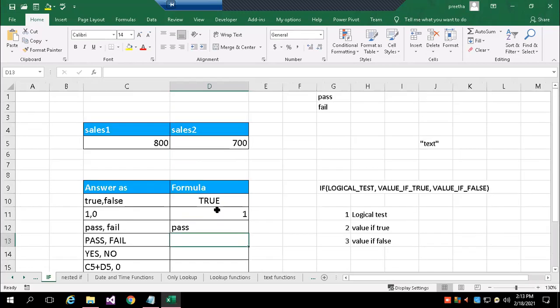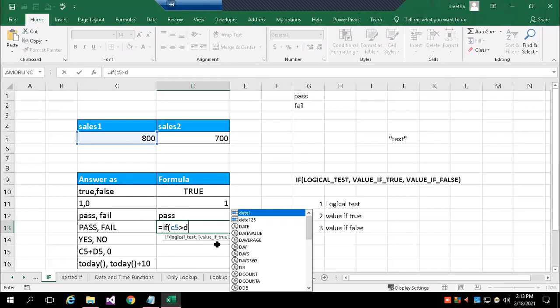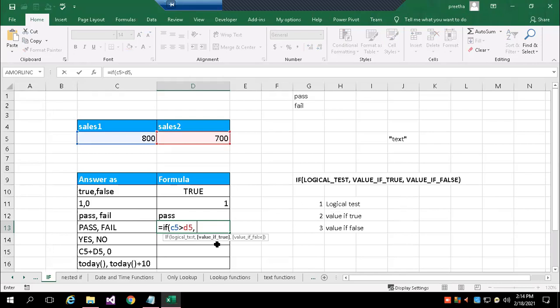Instead of direct text, I can even evaluate by writing another formula. Same thing, I want to write pass or fail in capital letters. So equal to IF, same logical test, C5 greater than D5, then I want to write the text pass in capital or fail in capital.